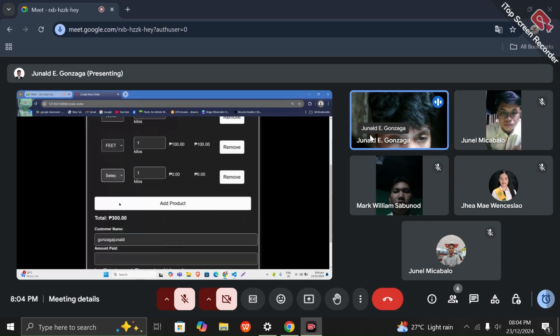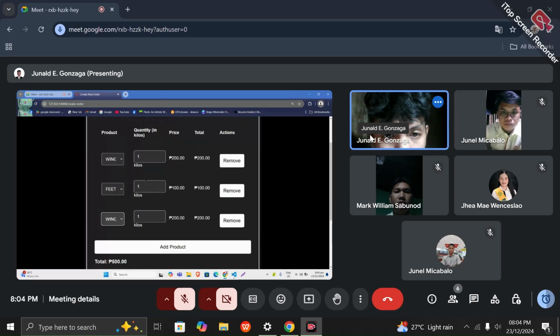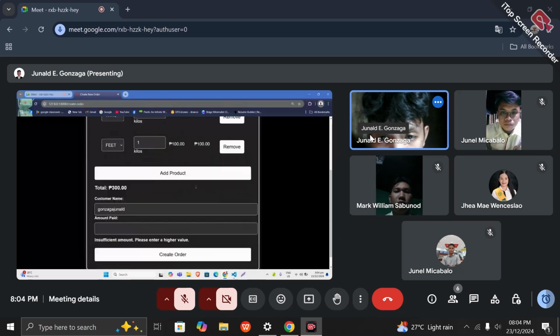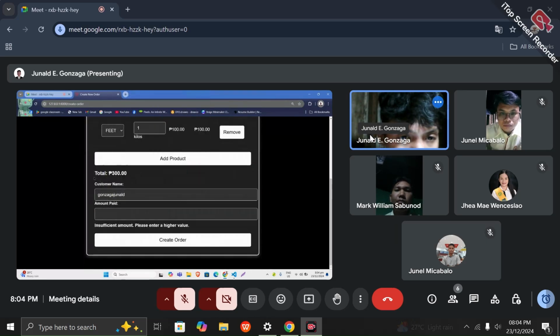Let's try one more and select the wings. You can also remove it if you want, so let's remove the wings. This is the total of the products we buy: 300 pesos. We put our amount as 500 and it displays the total change.